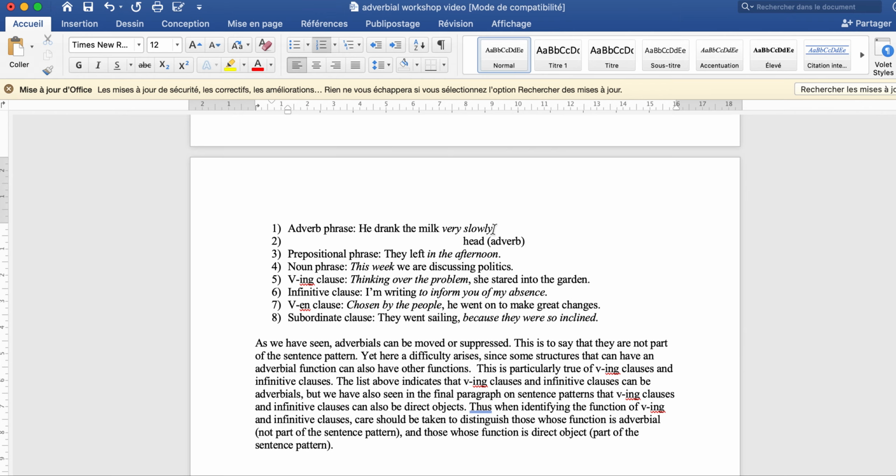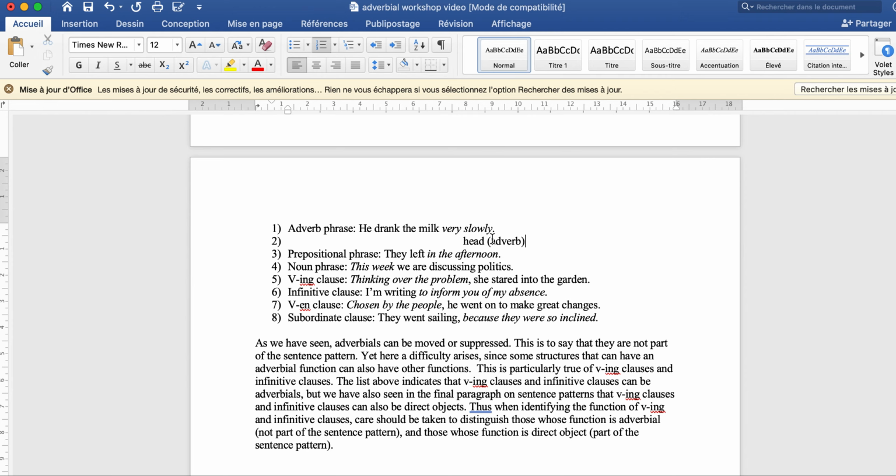Now be aware, sometimes a word might end in ly, and this doesn't necessarily mean that we're dealing with this adverbial ly suffix. You can morphologically determine this by getting rid of the ly and determining yourself if what remains, in this case slow, is an adjective. So that's just to give you an idea that here we have an adverb, right? And it gives adverbial type of information about how, when, where,